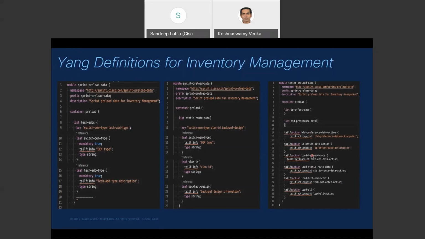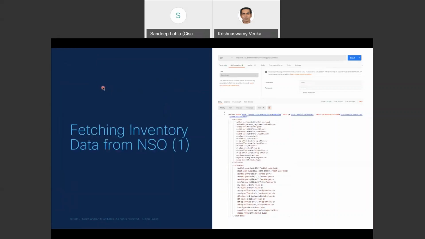So NSO action points that would actually load them onto NSO CDB to begin with, and then help them manage them as displayed in these action point references on the right. So the YANG container named preload encompasses all inventory related data. So it is stored in NSO CDB. So the inventory data from NSO CDB is fetched by validation microservice from components of preload container node via REST